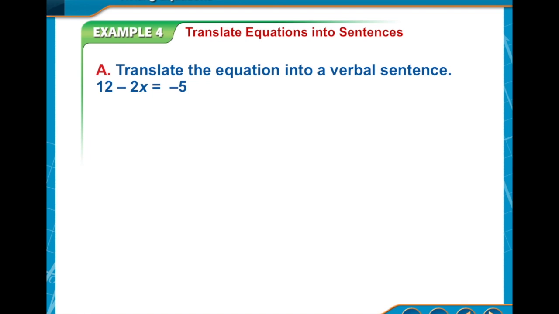So here I would say we have the number 12. You could just leave that as 12. Subtraction means you could use multiple words. You could say minus, you could say taken away from, you could say less than. Here I'm just going to say minus just to be safe. That's an easy one to use. So 12 minus, and I'll say 2 times x, because anytime there's a number next to a variable, there's implied multiplication there. So 12 minus 2 times